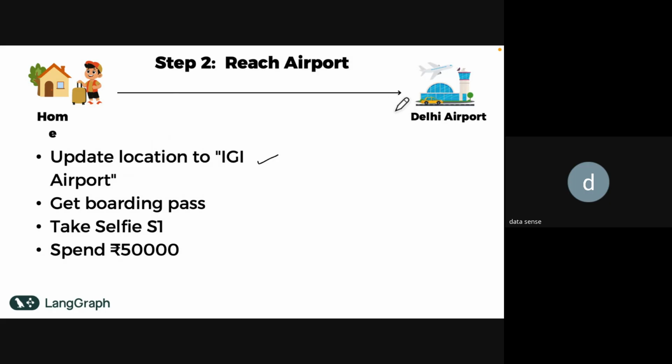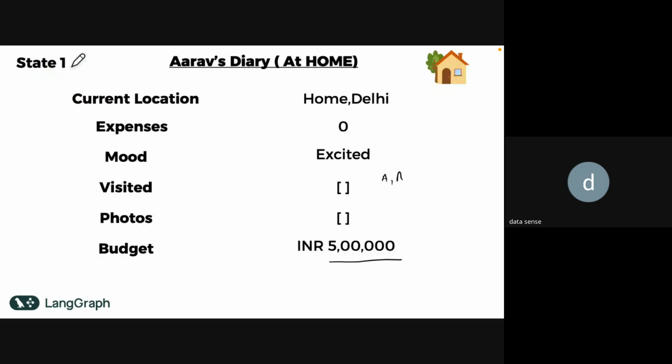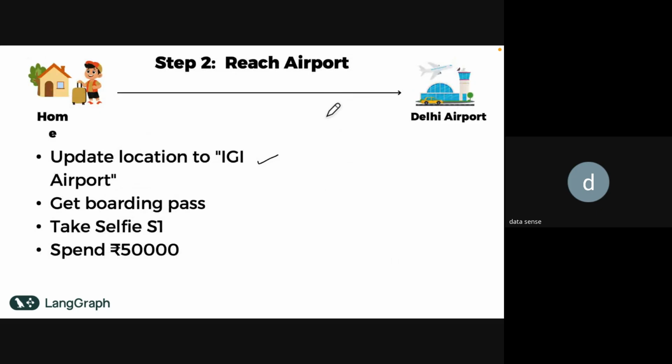What it means is that at the house he had a different state. This is called a state, basically: at the house, the values in the diary were something else. But once he reaches the airport, he makes a few changes. He updates his location, he takes a selfie S1, and suppose he spent 50,000 rupees. So he did all this. So what is he going to do next? He's going to update his diary,